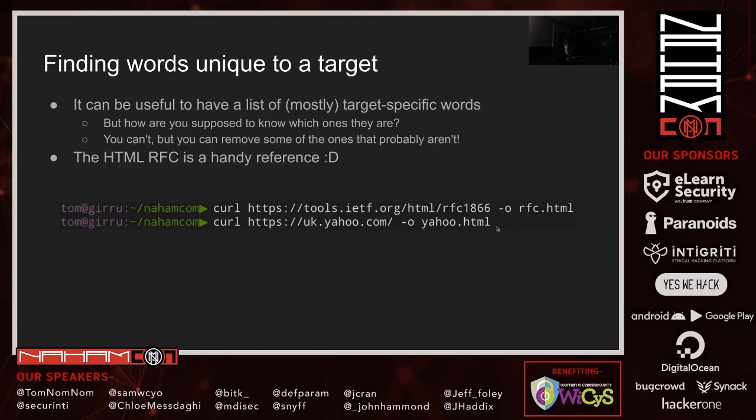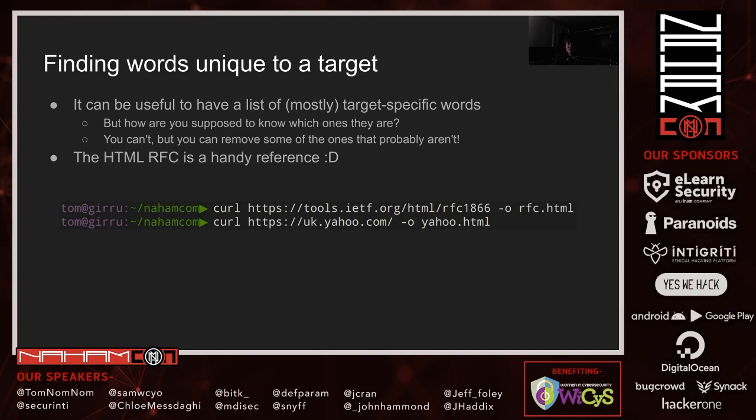So, that was all useful, but we're still sort of only finding things that are already known, I guess. They were found by the Wayback Machine at some point, if that's the source we're using, or they were already found and were in your Burp Suite history. But to find things that are perhaps not linked but may exist, and we still want a list that's quite specific to a target, one of the techniques I've come up with is a way to get a list of words that are at least more likely to be unique to a target.